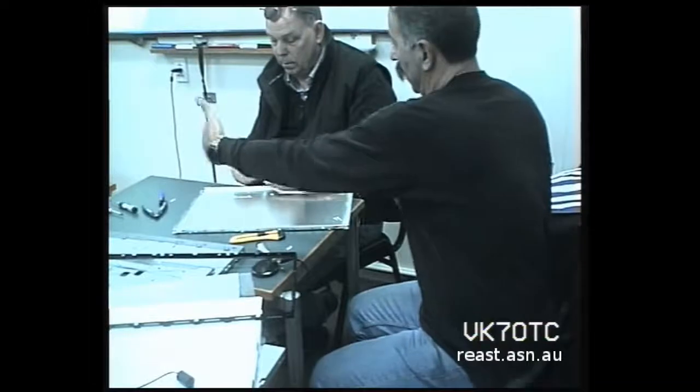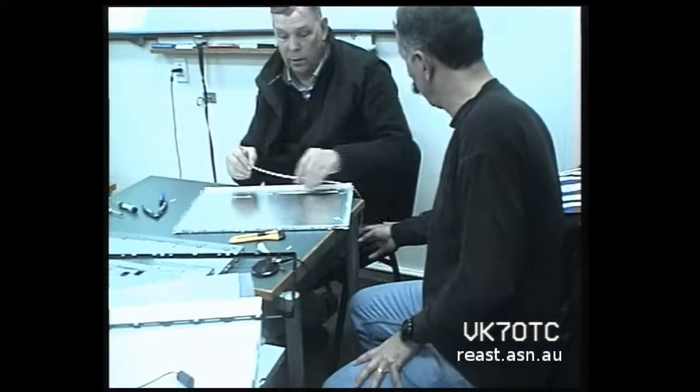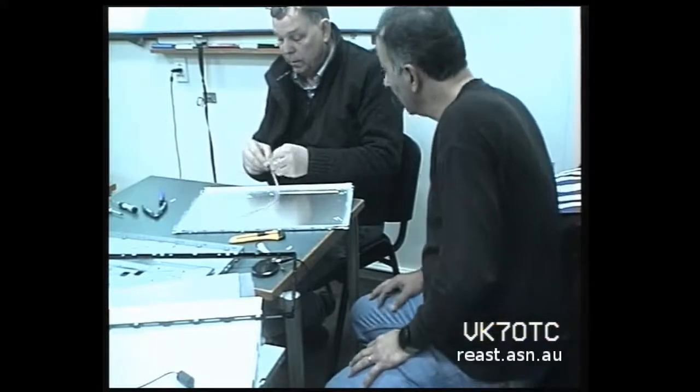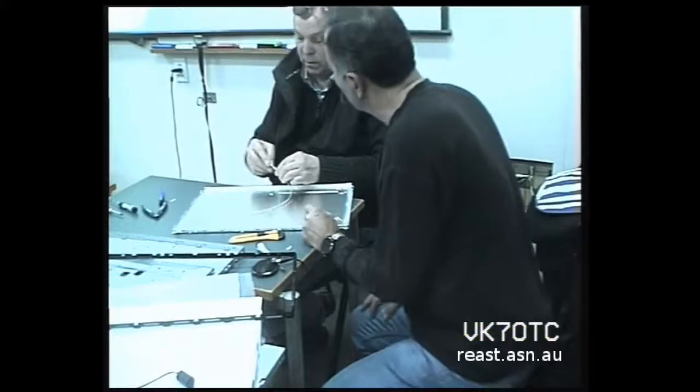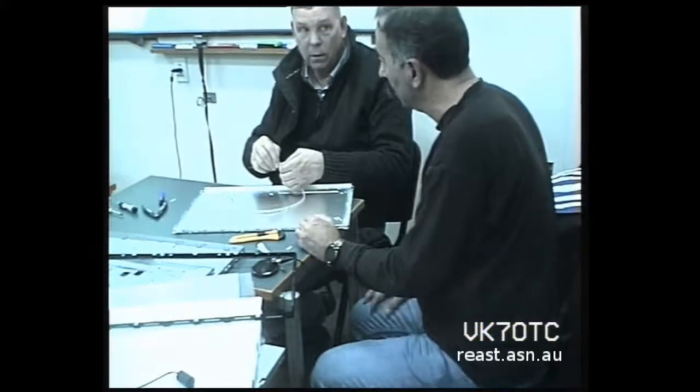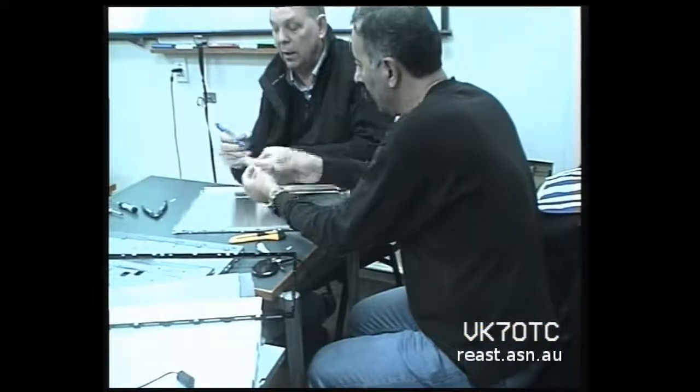So just give it a roundabout. Oh, wouldn't you believe it? I peeled the backing off, but the sticky side came with it as well. So it left no adhesive on the... It seems to be doing the same there. So just pull the adhesive. I found that too. You have to get the adhesive off the...